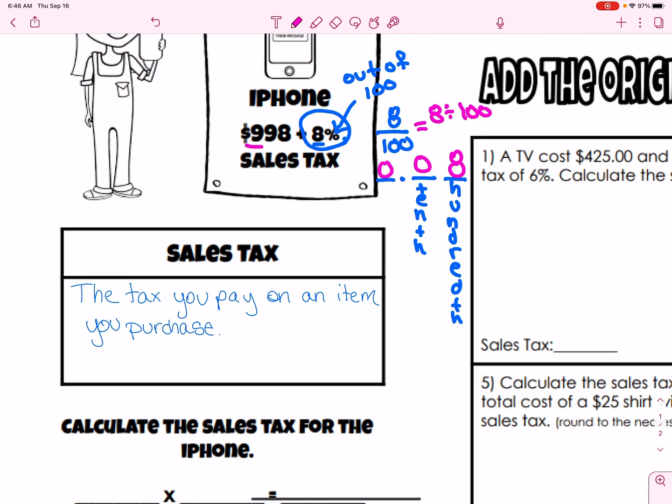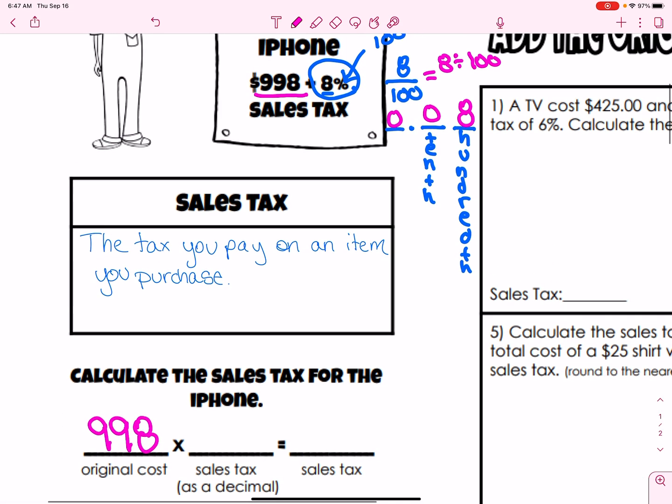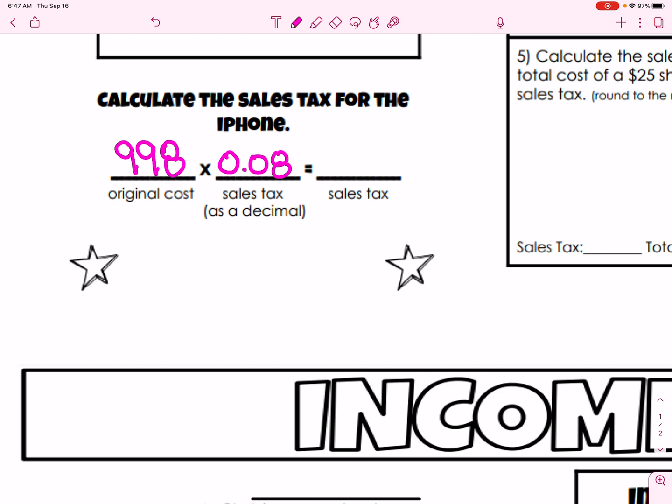So to calculate that, we're going to take our cost. This iPhone is $998. So we're going to look at our original cost, $998. And we're going to multiply by that sales tax at 8%. That is 0.08. If we're putting that in the calculator, super easy. But if we're multiplying, remember that when we multiply, we don't line up our decimals. So we're going to, let me change colors here, 998 times